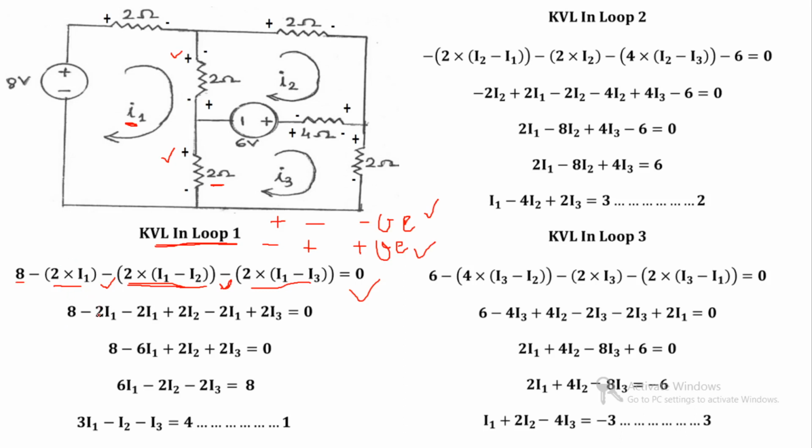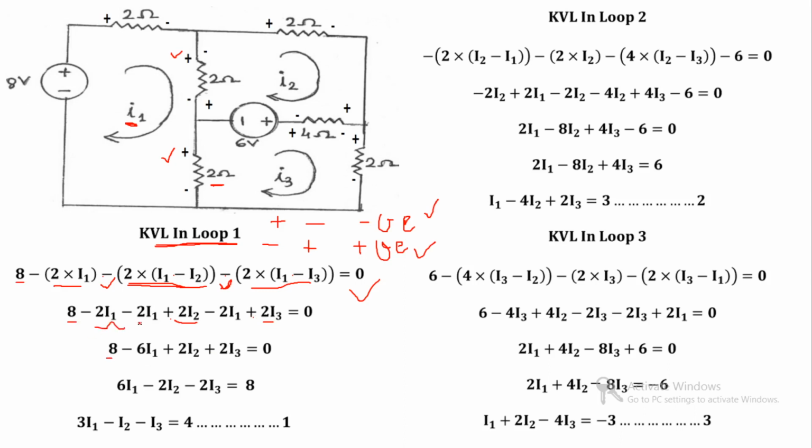This is minus 2 I1 and this is, now we multiply the minus 2 in this equation. So minus 2 I1 and this minus plus, so this will become plus 2 I2. Again we will multiply the minus 2 with I1 minus I3. So it will become minus 2 I1 and minus plus 2 I3. Now again simplify, 8 as it is.